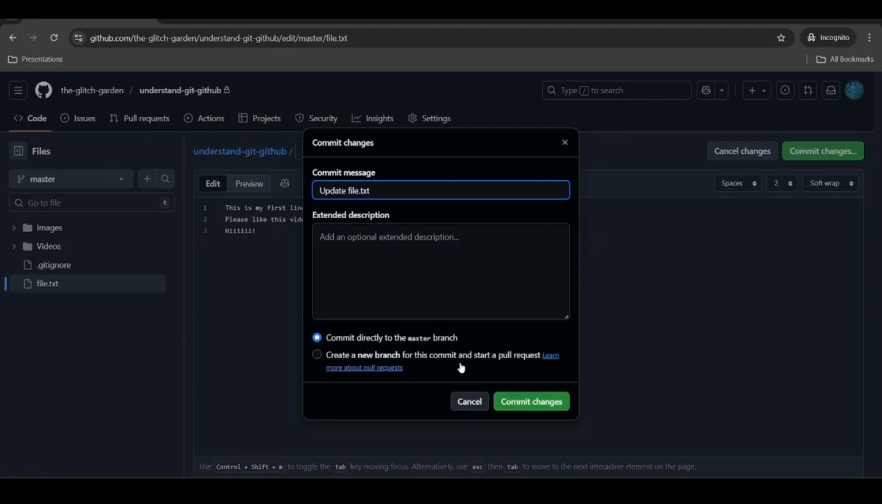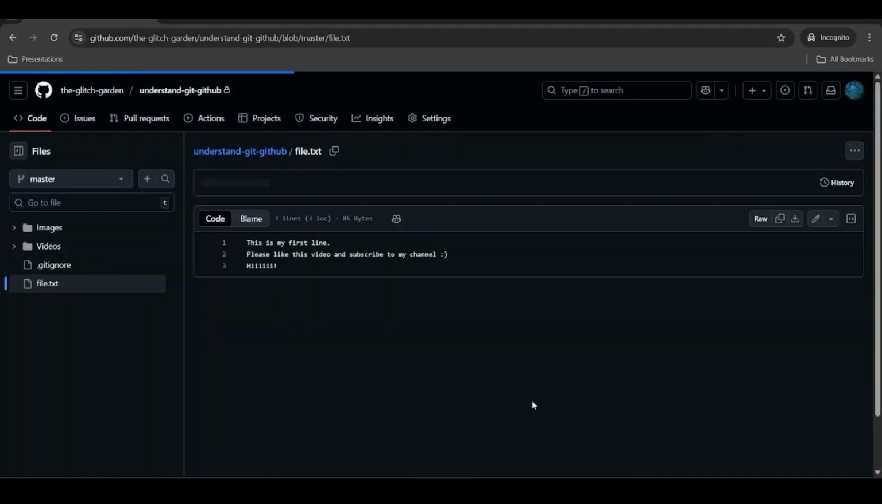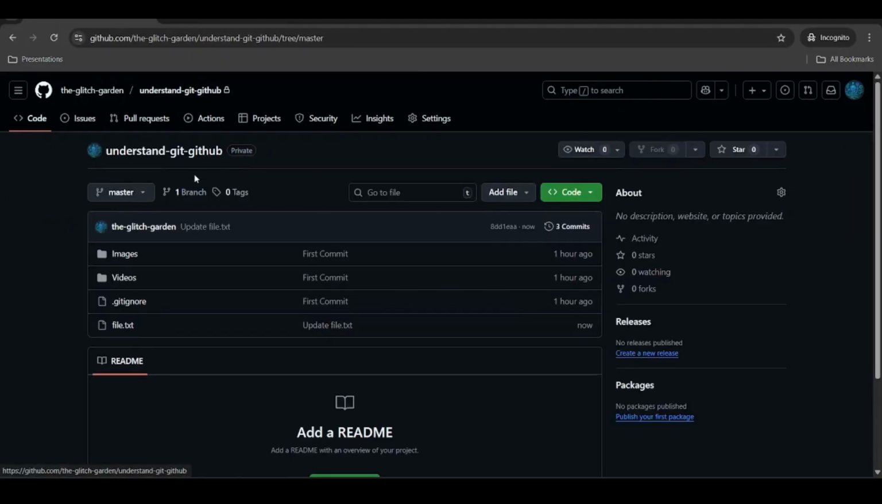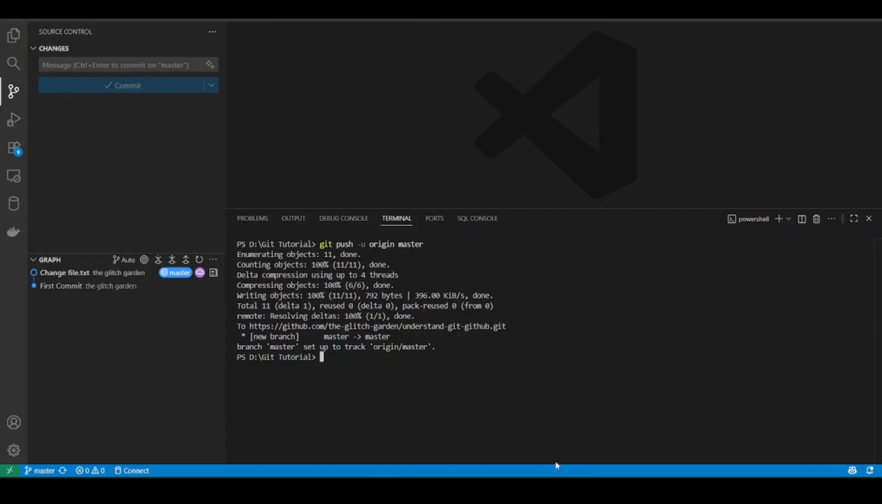Is it saying do you want to create a new branch? I have explained the branching concept in the previous video. I will click on commit directly to the master branch, and I will click on commit changes. See, this is done. Now if I go back to my repository, I see that a new commit has been created, correct? Now if I go back to my VS Code and I type here git pull,